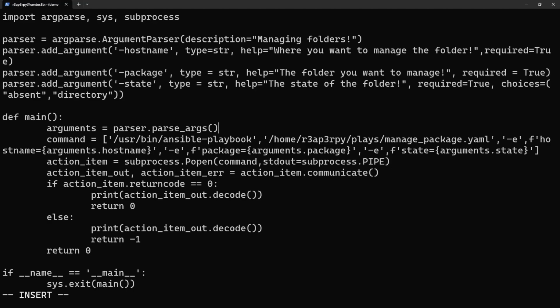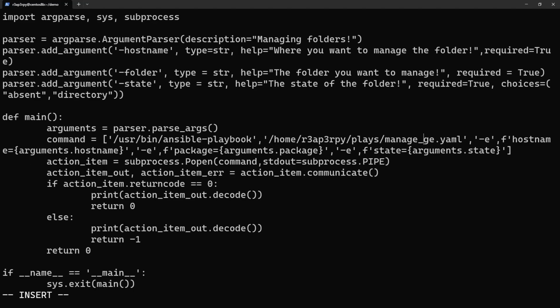And now we want to make sure that the argument is also different. So let's call this folder. Okay, and here we have the playbook, and this should point to the manage folder, and this is the host name, and this should be the folder, and this should also be the folder, and the state can be left there, and action item. All right,